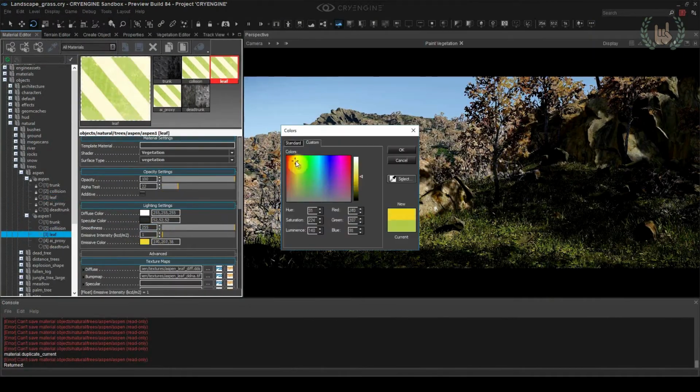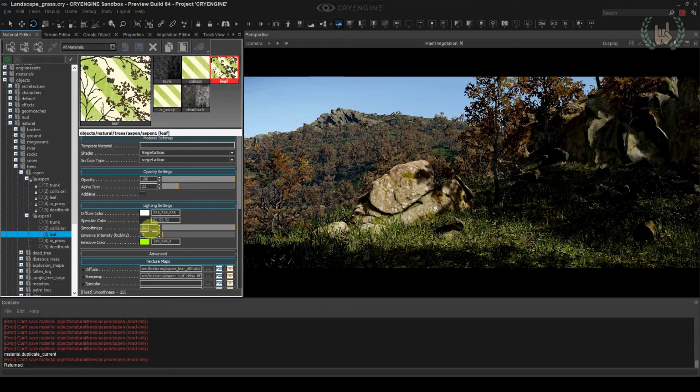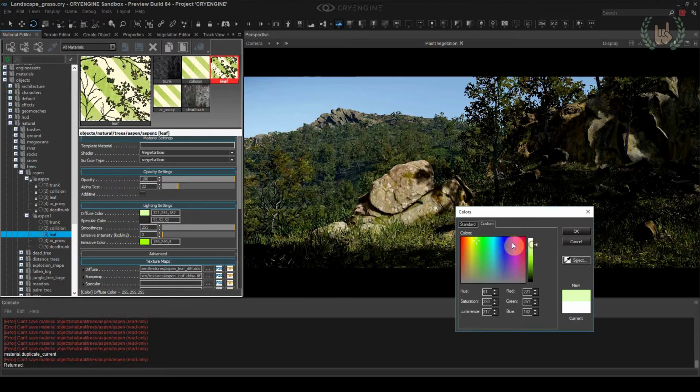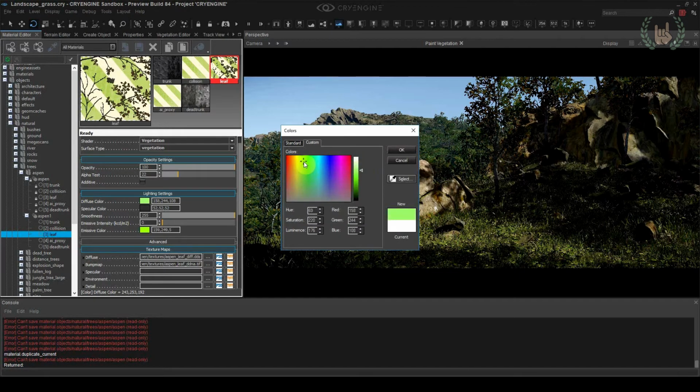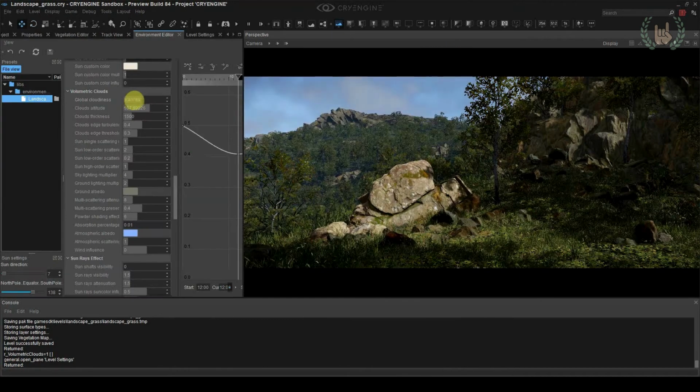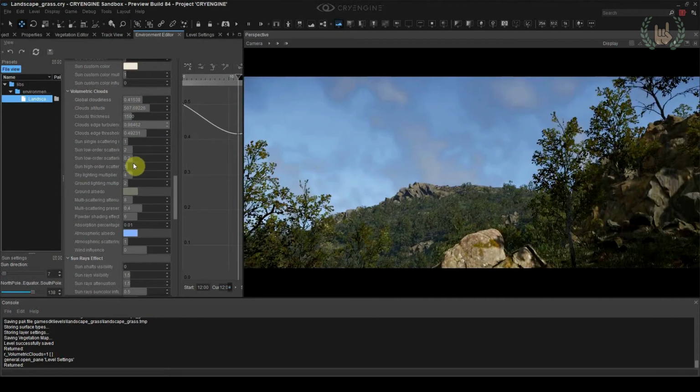different elements. So right here I'm tweaking the color of all the leaves. I was trying to make a more sort of consistent green color across the whole image for the grass and the leaves. Here I'm sort of playing around with the volumetric cloud functions in the environment editor, and these are